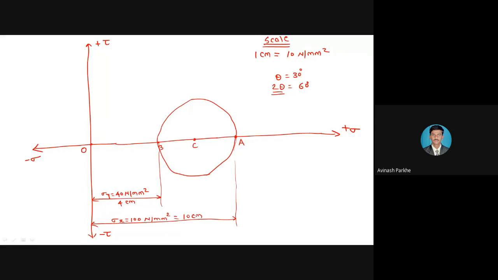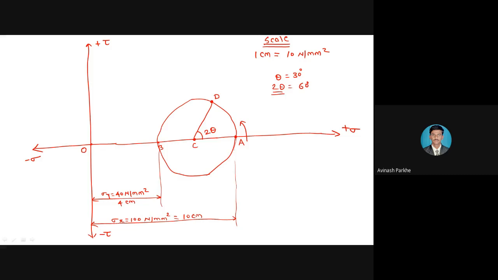So keep that center point as C, and you have to represent this 2 theta angle in anti-clockwise direction. So like that you will get the figure. Let us see. For example, this is my 2 theta angle. I have represented that point on circle. So that will be the D point. And if I draw C and point D, this angle will be your 2 theta.